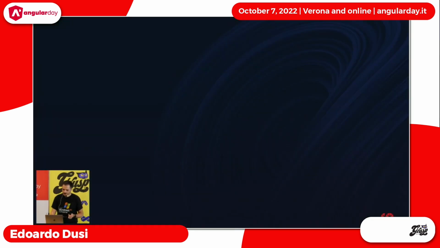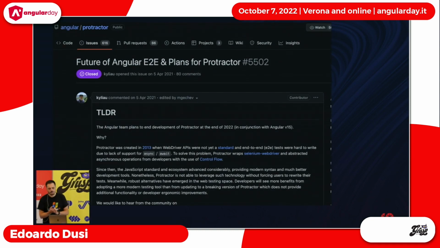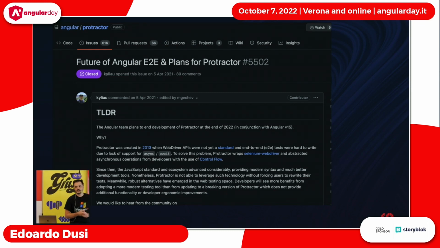In Angular, end-to-end testing, last year we had this RFC in the Protractor code base. They were talking about the future of Protractor. You know that Protractor was the end-to-end testing tool in Angular, and now it's deprecated. Protractor is based on Selenium, which is a software that was born even before Angular. So now we have new tools, and after this RFC, the Angular team integrated new